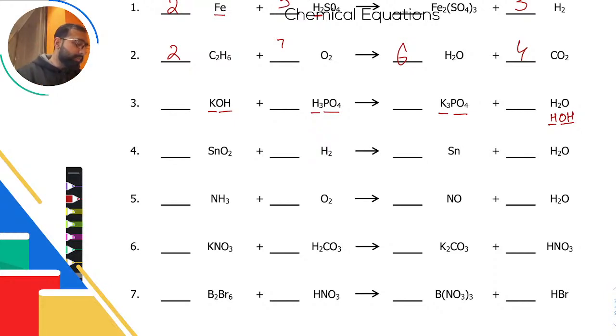All right, so let's start with potassium. On the right side, I have 3 potassium. On the left side, 1, so 3 is my number. On the right side, I have 1 phosphate. On the left side, I have 1 phosphate. It's balanced. Notice that I did not balance phosphorus or oxygen. I balanced phosphate.